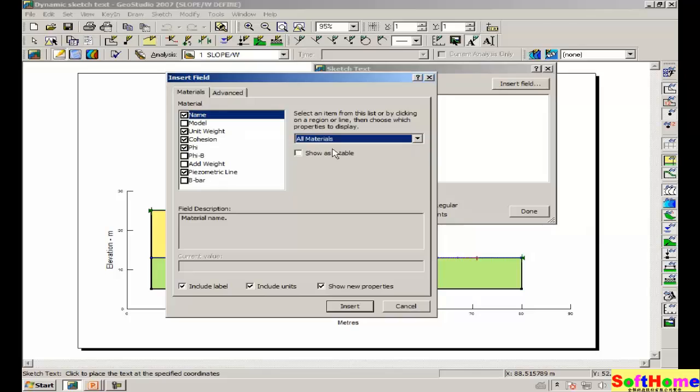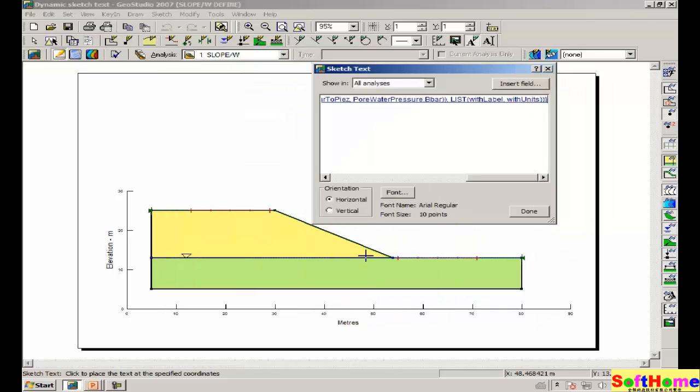If we say all materials, then at the bottom here there are some options: include labels, include units, and show new properties. And we can say insert, and you see that there are now some variable names. All of these variable names can be changed and edited at this stage,